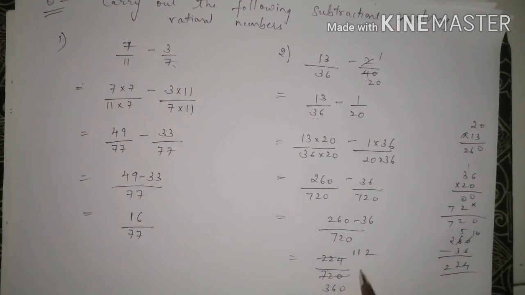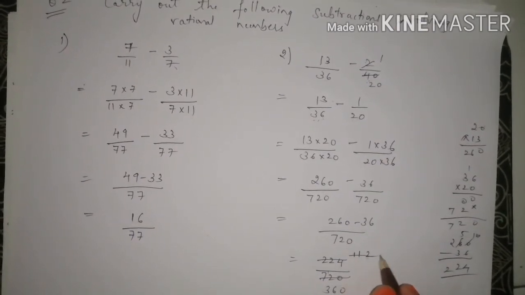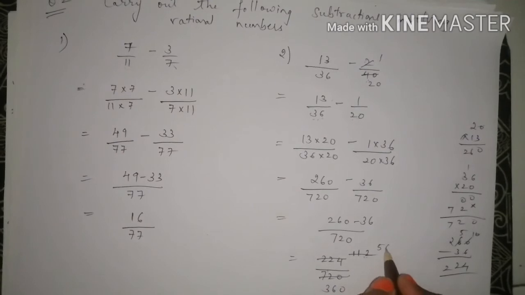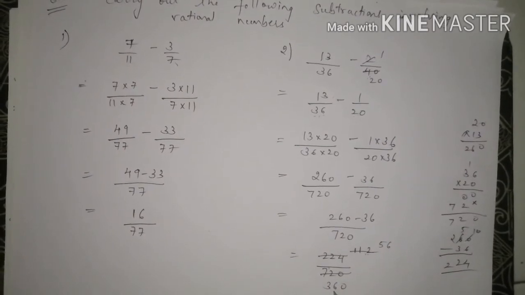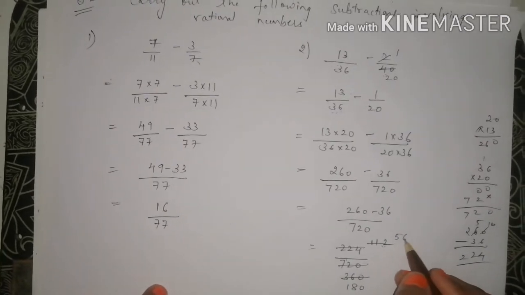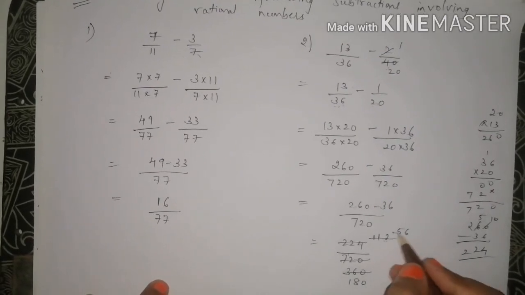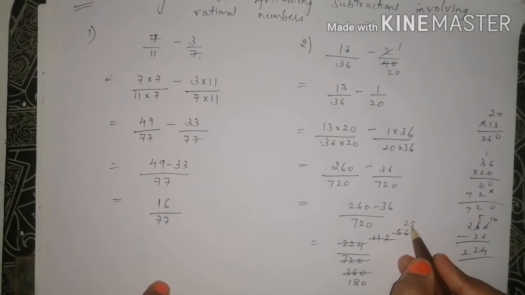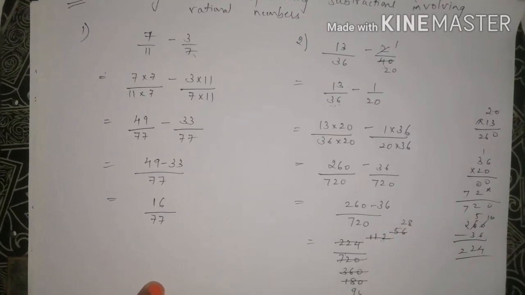Again the units place is 2 and 0, it will get reduced by 2. 2 fives are 10, 1 2 6 are 12, 2 ones are 2 and 2 eights are 16 and 0. Again it will get reduced because here it is 6 and here it is 0. 2 twos are 4, 1 2 eights are 16, 2 nines are 18 and 0.